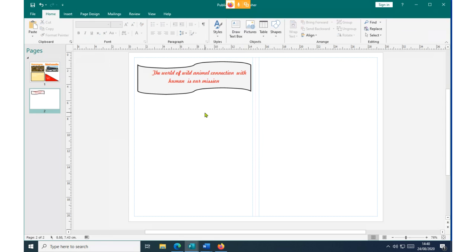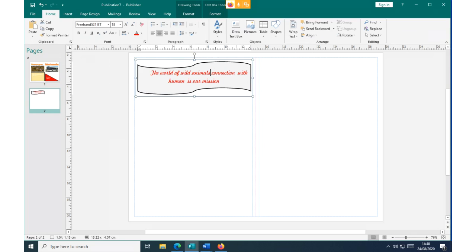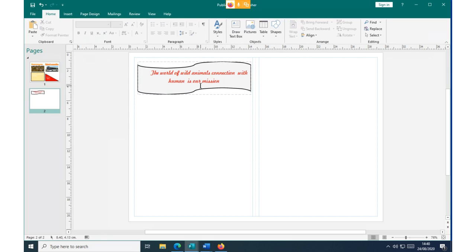The next thing we want to input here, let's say we put another picture so that we can communicate something based on this. We are talking about the world of wild animals, and animals' connection with human is our mission. So we are simply saying what we are doing. Then we decide to insert another picture.